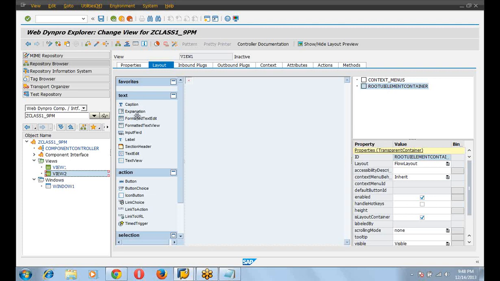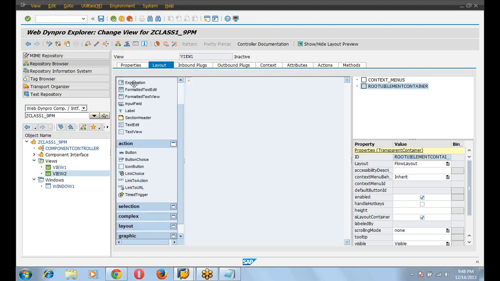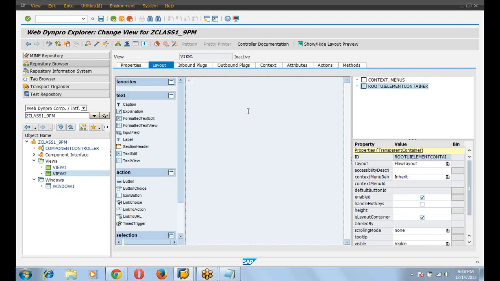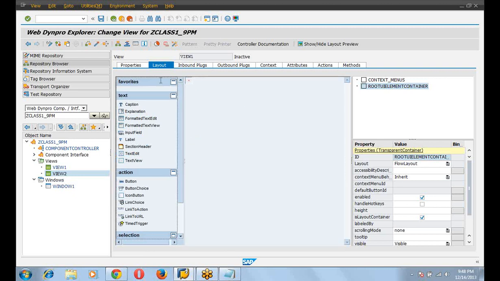Here you see some UI elements: buttons, input fields, labels. In EHP4 and EHP3, you can drag and drop here directly, but after the EHP4 version, you cannot drag and drop. These UI elements are useless for us after the EHP5 version.